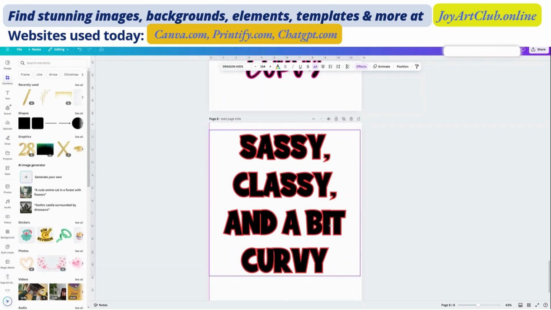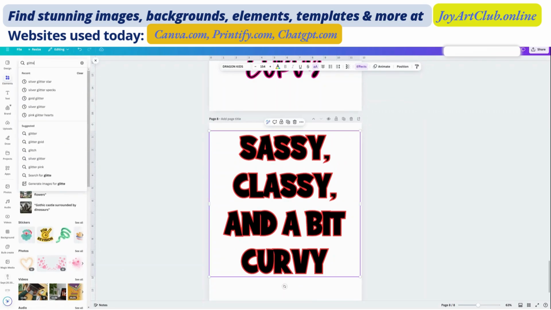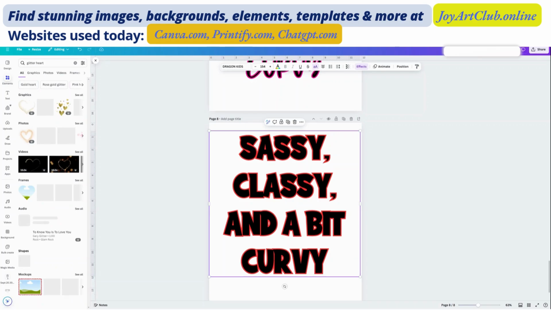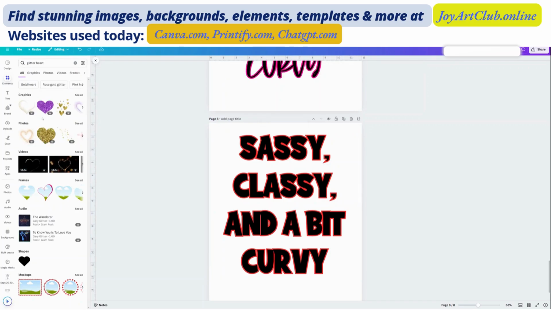Move this up some. Let me type in gold or glitter heart. And we can find something on Canva that is, let me type, well, let's see. Let's just use this one. Okay. And I'll give you a little tip. Anytime an item is kind of translucent like this, very light in color,